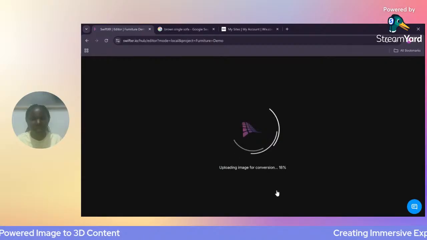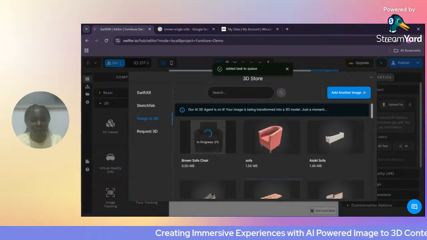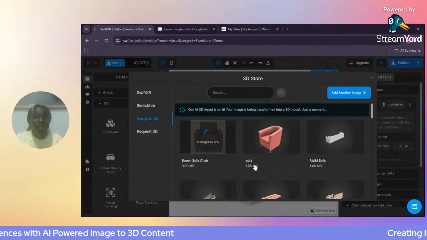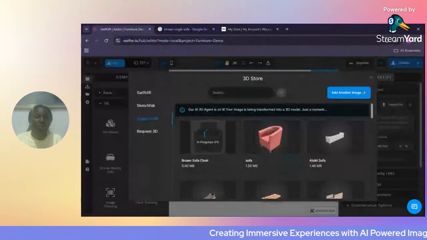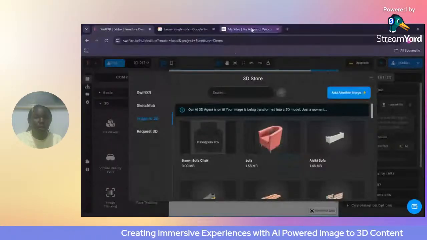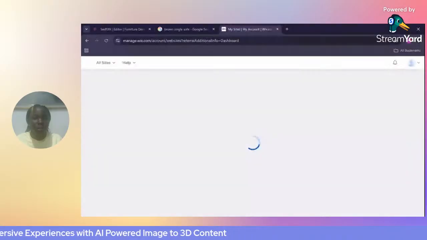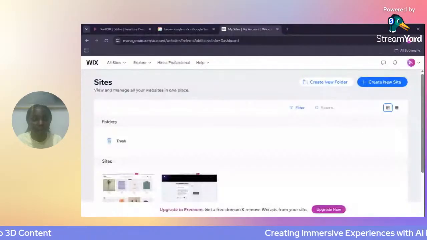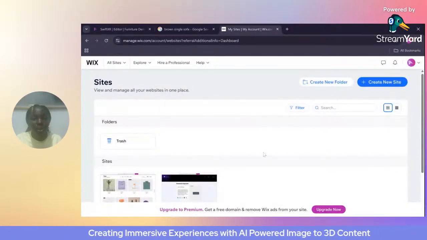Then let's generate that. And that would cost you 5 credits. So you want to ensure that you have credit on there. This will take a couple of seconds, actually, a couple of minutes rather. So while we wait for our 3D agent to magically turn our image into a 3D model, let's go set up our Wix website, right? So what you want to do is visit the Wix website, and then we're going to create a site,